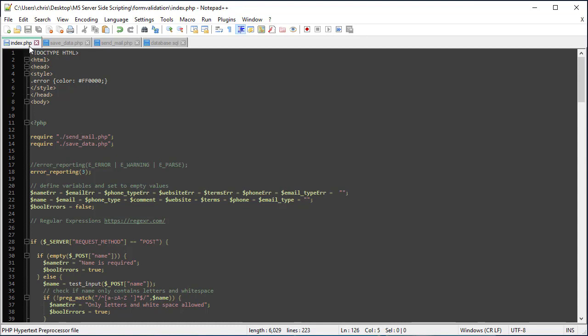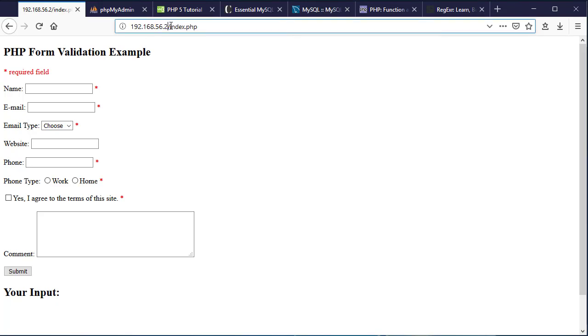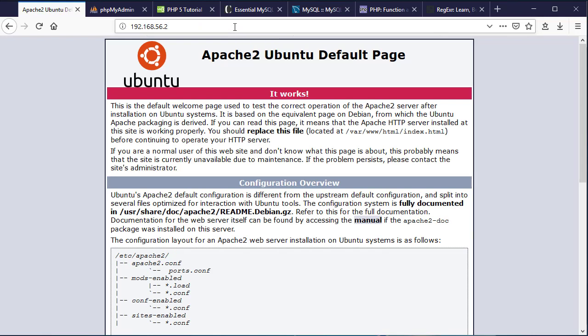So here are the PHP files from the form validation zip file. If you unzip those, you'll have index.php, savedata.php, sendmail.php, database.sql. If we go to our Apache site, we're still using the